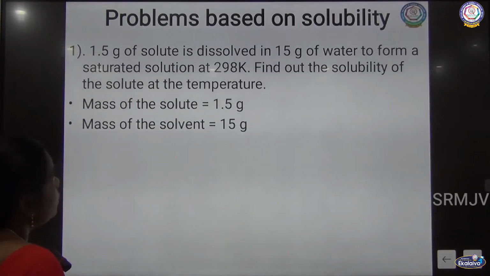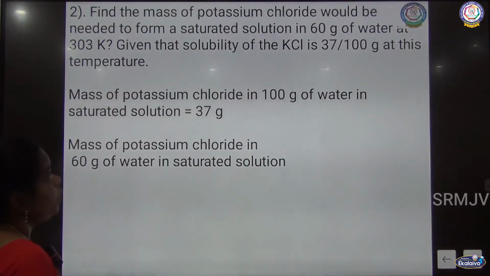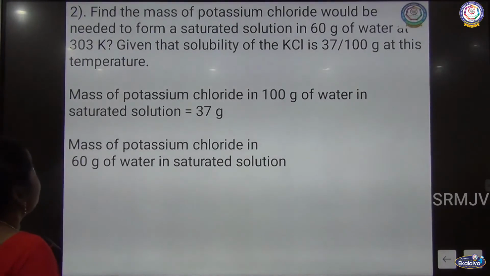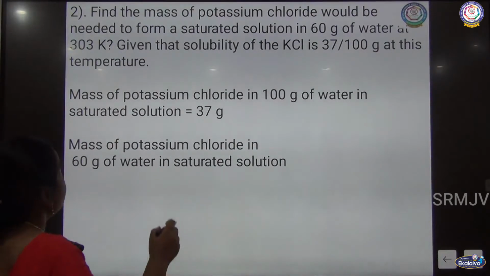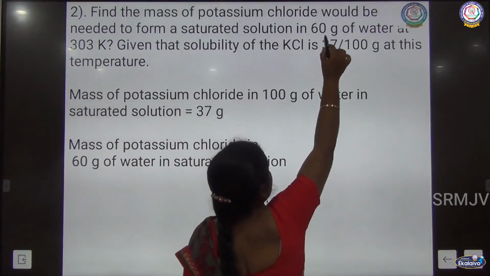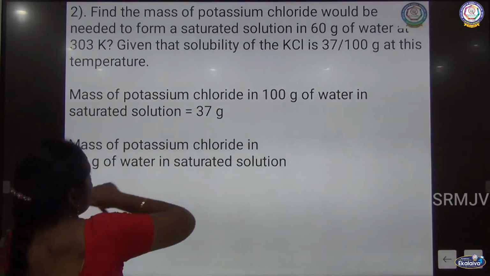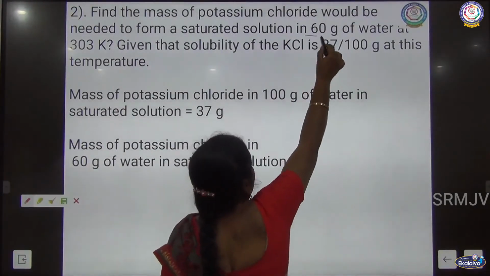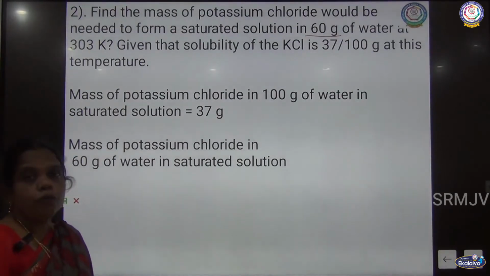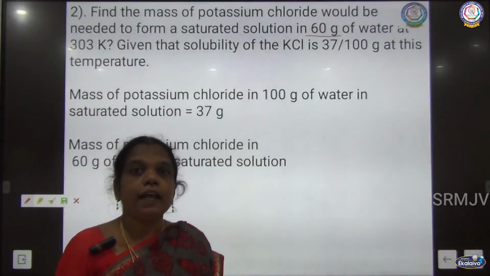Now you have to find the mass of the potassium chloride. Now listen to the question carefully. Find the mass of the potassium chloride that will be needed to form the saturated solution of 60 gram of solvent. So now you want to find the mass of the solute to prepare the saturated solution for 60 gram of